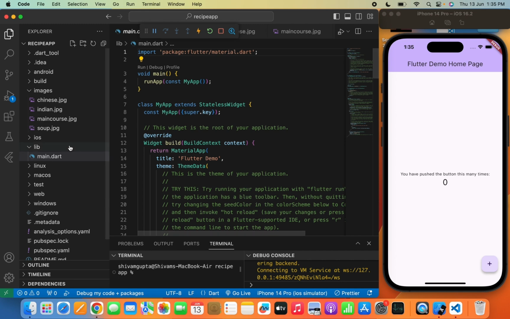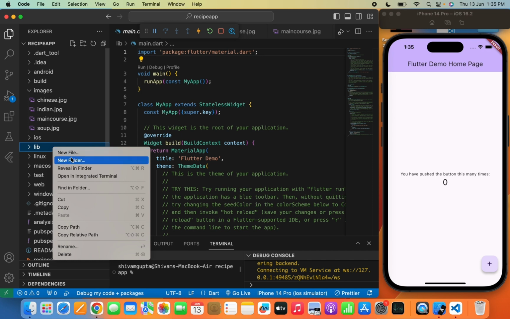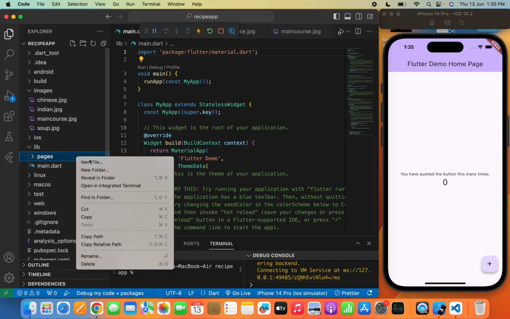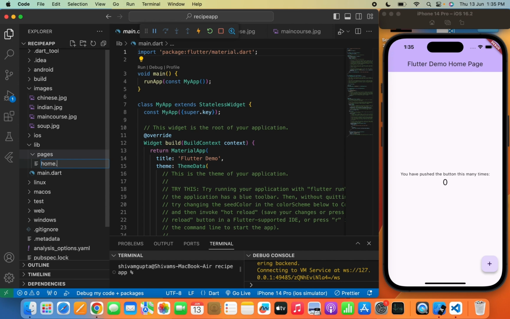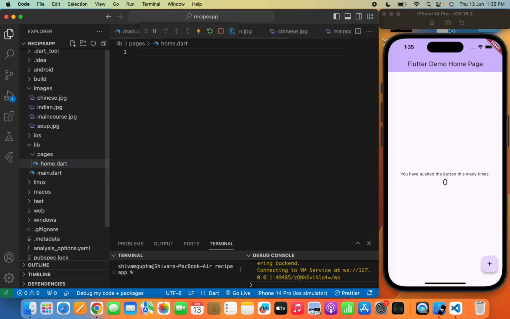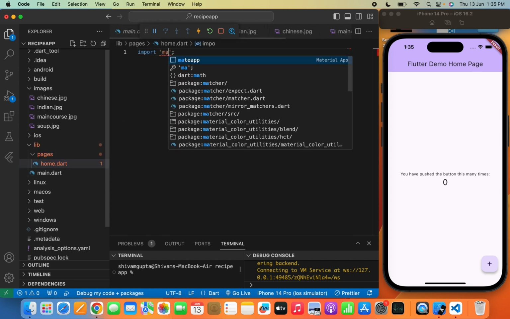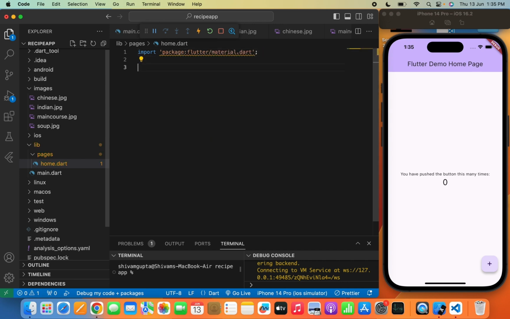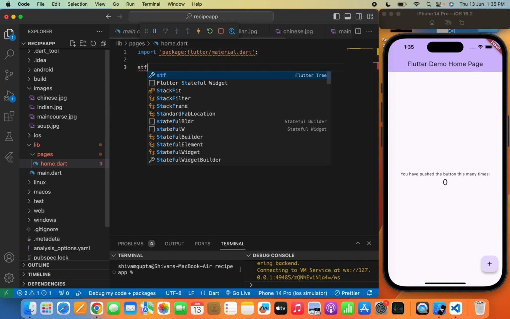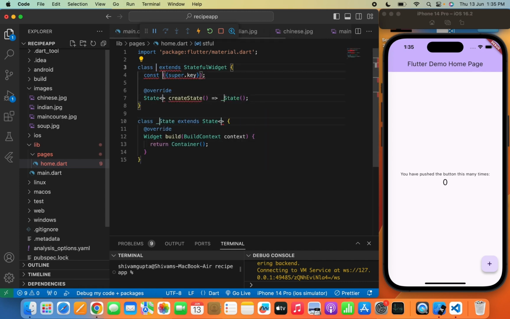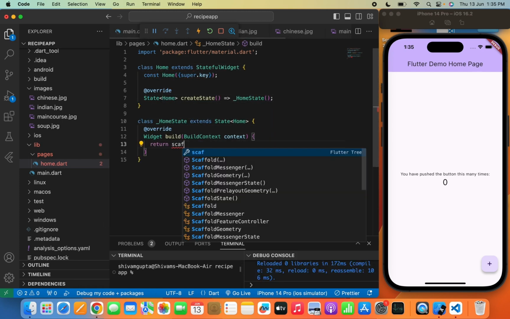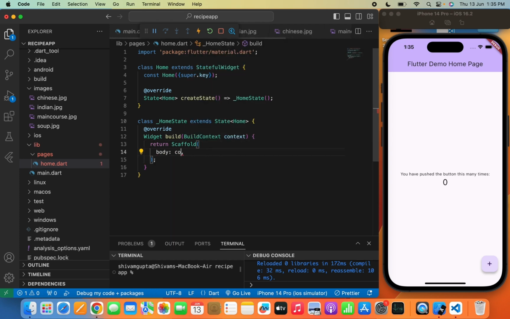So let's move to the lib folder and we'll create a new folder which will be pages, and inside the pages folder I will create a new file which name will be home.dart. Now in the home.dart file I will simply write import material.dart and will import the package, and will first create a stateful widget which will be Home. Now I will write Scaffold, body, Container,